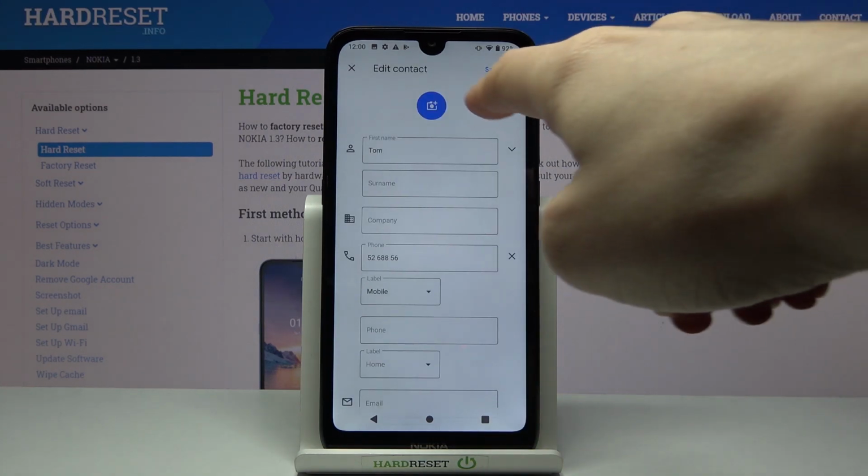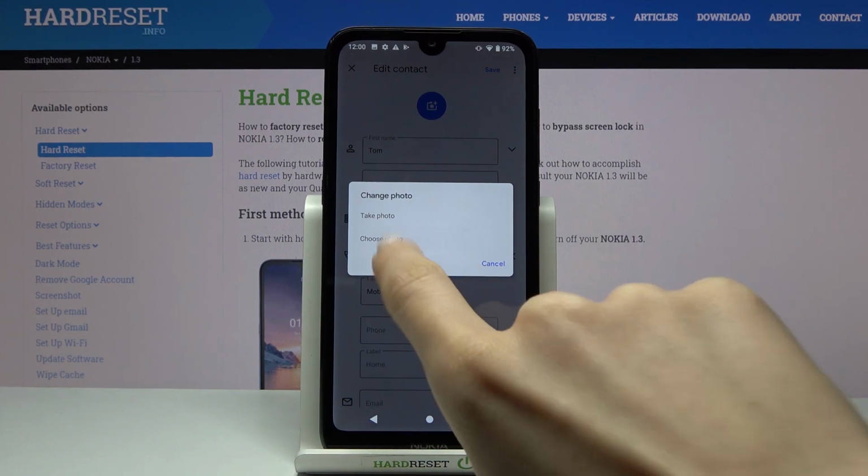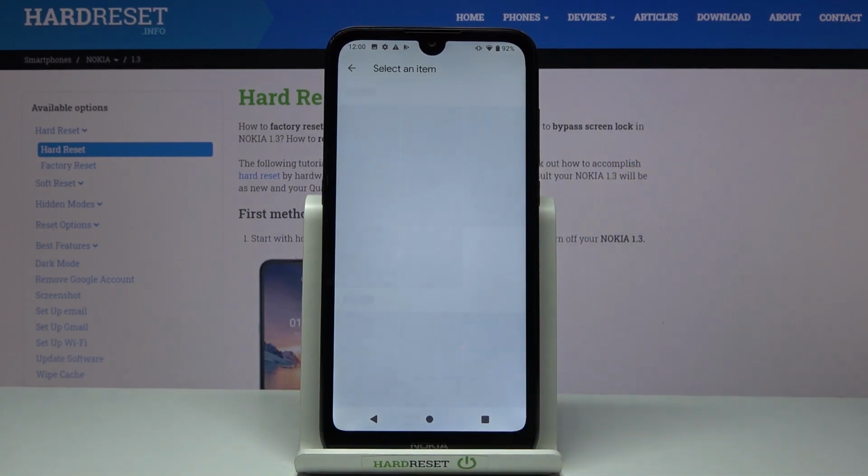and mark the camera icon. And you can either take a photo, it's a perfect solution if someone is staying right in front of you, you can smoothly grab a photo and apply it immediately after taking, or you can choose something from your gallery. And let me pick pictures, choose the photo that you would like to add to this